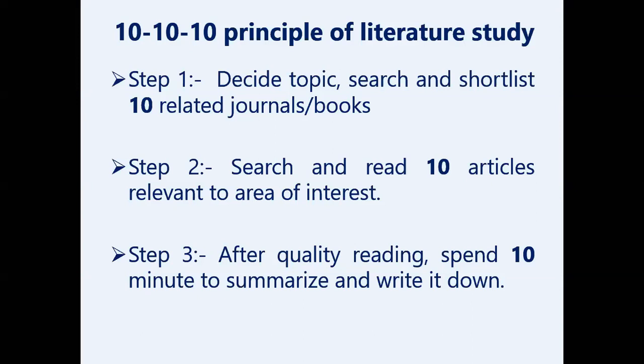You should be able to say that you have actually read the quality work and understood that paper. Because if you are not able to summarize the paper, that paper is not useful to you. So just go for another option, go back again, search for another paper on that topic and read that paper again. This is the 10-10-10 principle and you should follow it whenever you are researching, because you can't read hundreds of papers at a time.